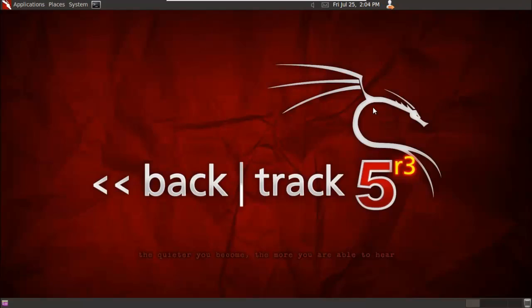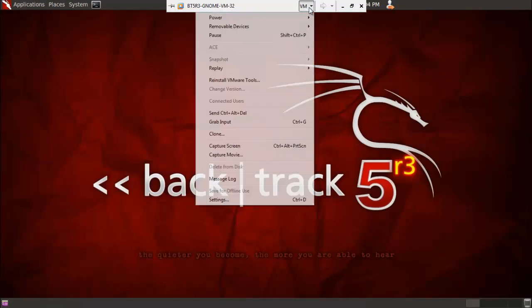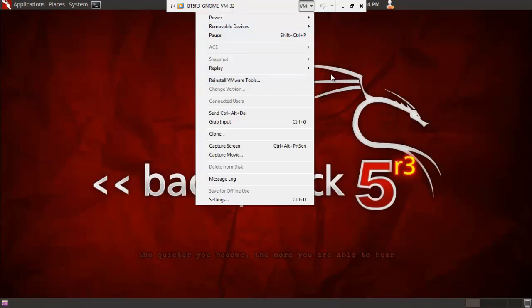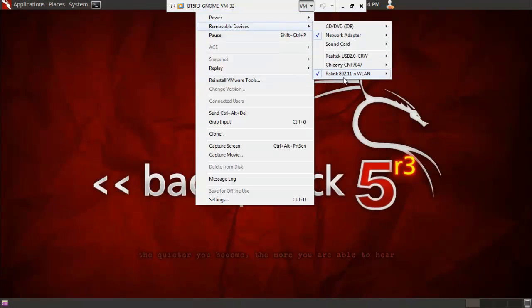I go to the upper status bar of VMware, select the VM drop down menu, then Removable Devices, and at the bottom you will see that my USB device is named Ralink 802.11, which provides wireless local area network service,